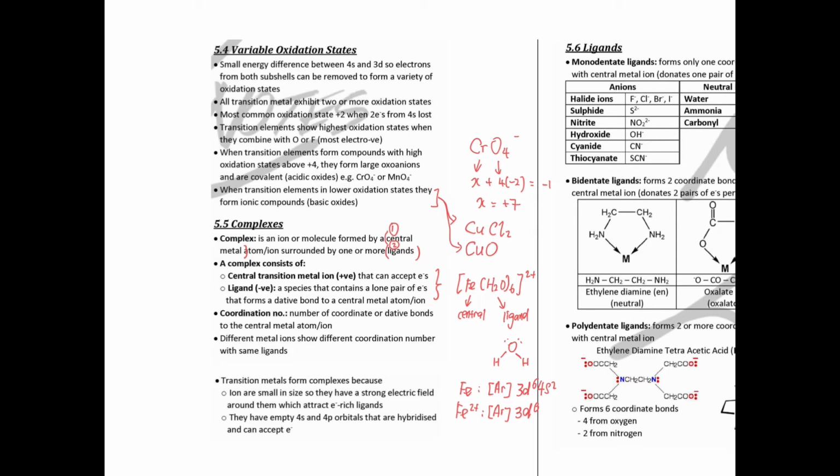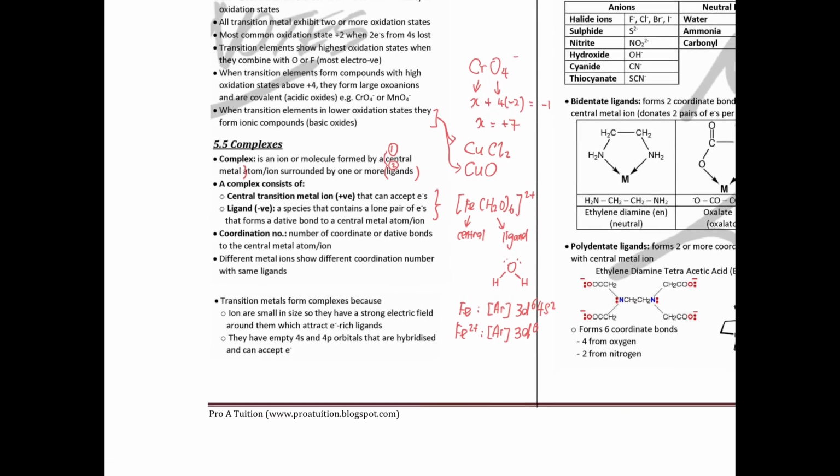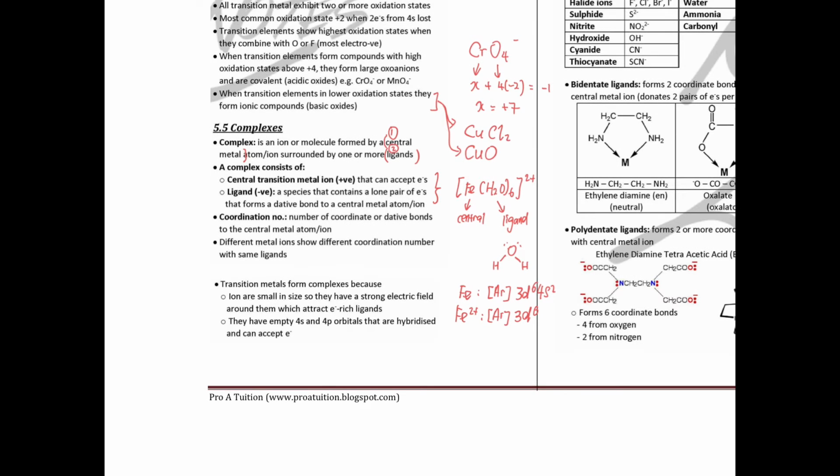So 2 electrons are removed from the 4s orbital, and it forms 3d6. So where are the empty orbitals coming from? So imagine the 3d orbitals with 5 orbitals,